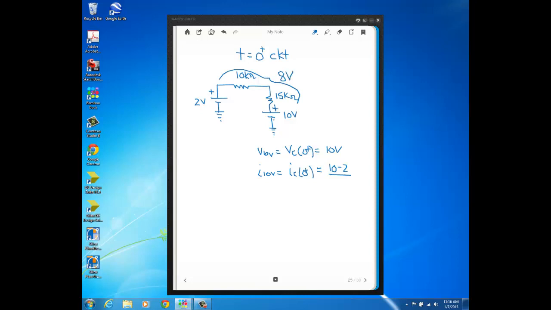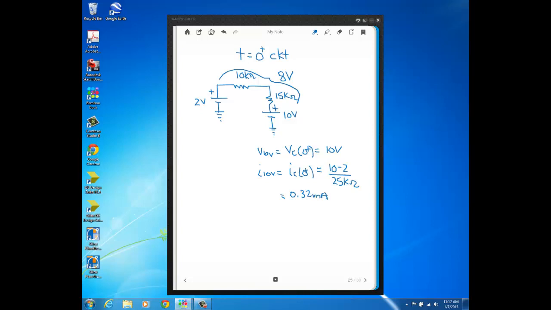Because as I do a KVL, I go up 10 volts here, I go down 2 volts here, so I must go down the remainder, the 8 volts, across the two resistors in series. So to get the current, it would just be that 8 volts divided by 25K, the value of those two resistors in series. So that works out to 8 over 25K, which is a little less than 1/3 of a milliamp. It's 0.32